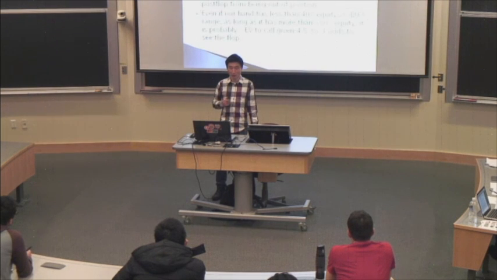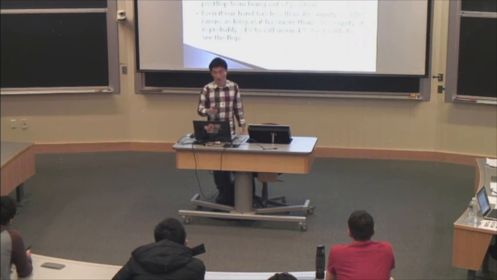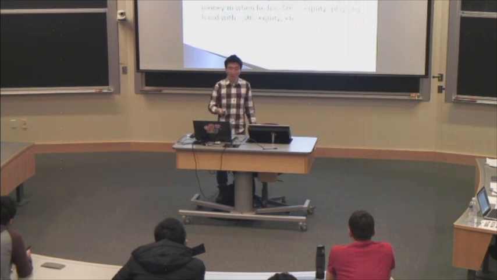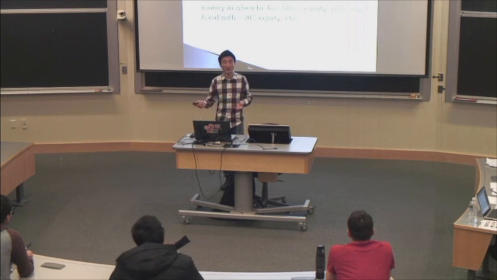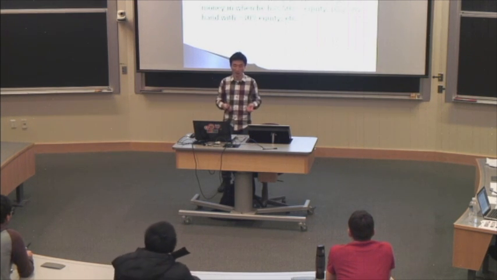So this is essentially their strategy. You can read it; I'm not going to read through the slide now. But the point is, we're giving them an opportunity to make a better play than they otherwise could have. If we just went all in, the choice is theirs: they either call or they fold. But here, they can take their best hands and go all in, and we call. Or with their worst hands, like 4-3 suited, they can call and see a flop. And we're just letting them realize a lot more equity than we need to.